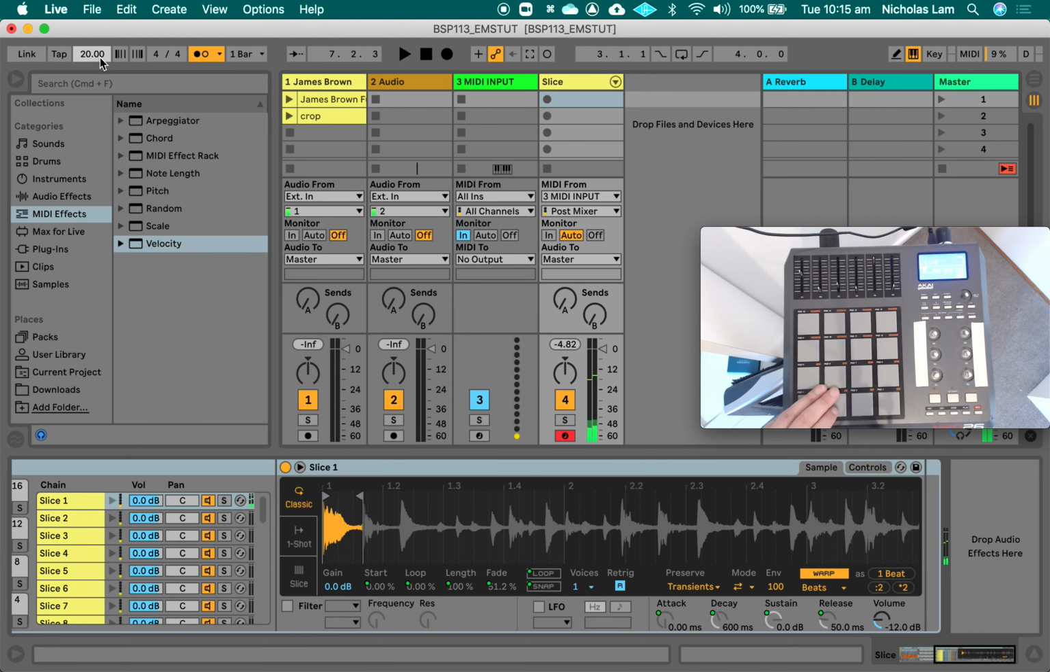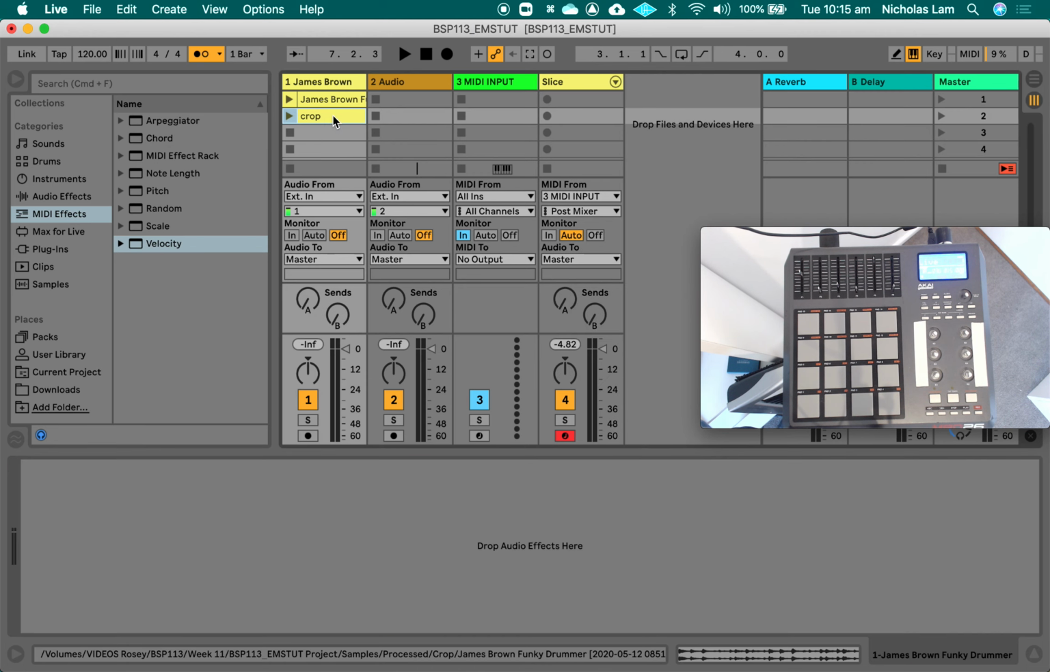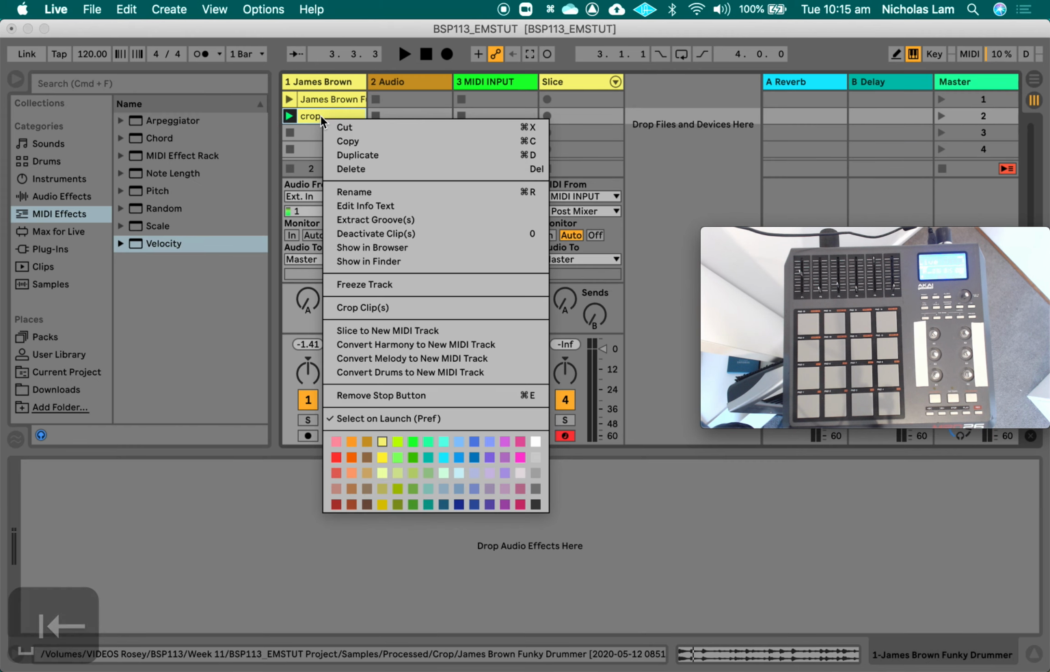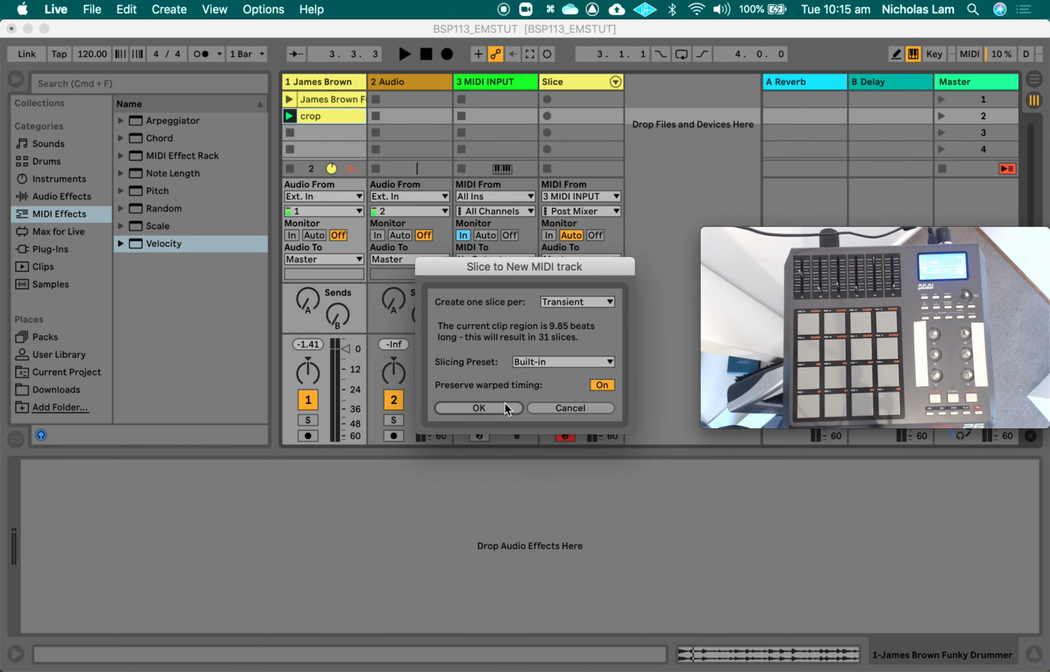And even though that might be useful in some instances, it's not actually what I want. And that's due to one of the preferences we selected when we sliced up our clip. So let's go back to our crop clip, set back to the original tempo of 120. Make sure this sounds, ignore the click, of course. That still sounds good. So I'm going to right click, again slice to a new MIDI track, but instead of